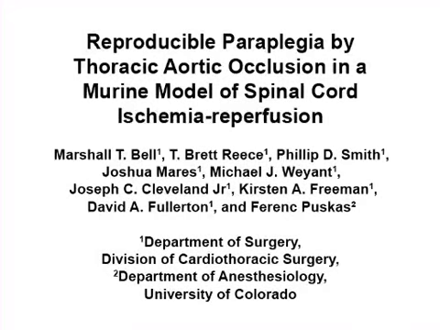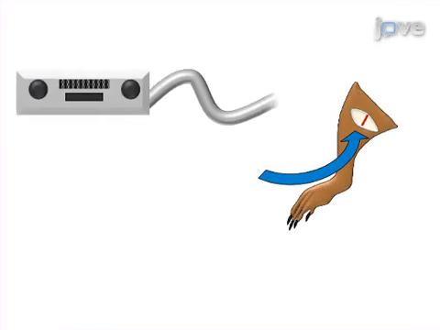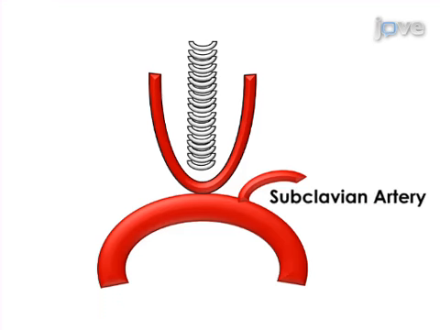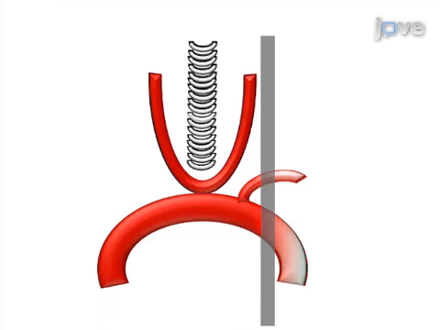The overall goal of the following experiment is to study the effects of spinal cord ischemia in a murine model. This is achieved by first inserting a laser Doppler probe over the femoral artery. Next, the sternotomy is performed to access the aortic arch and left subclavian artery. Then, careful dissection of the aorta and subclavian arteries is performed in order to adequately reduce arterial blood flow to